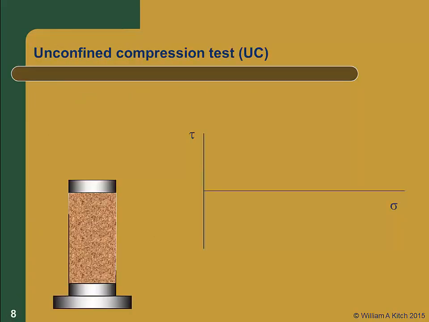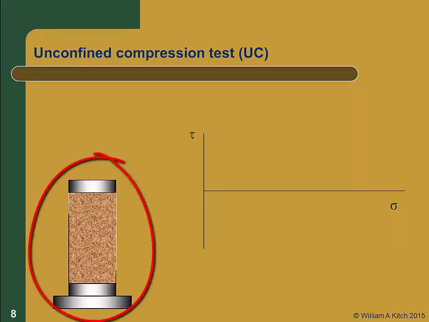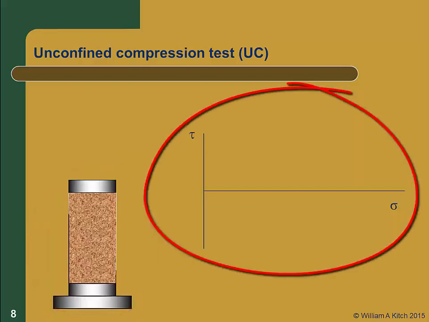In the next part of this webcast, we will examine the stress paths followed in each of the 4 tests we just discussed. In each case, we'll present a schematic of the specimen on the left side showing the boundary conditions and the applied stress. On the right, we'll draw the Mohr circles for the tests, plot the failure envelope, and determine the strength parameters